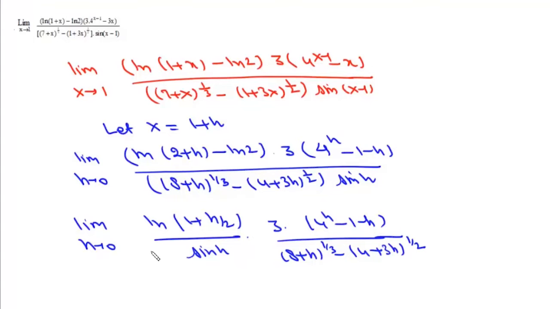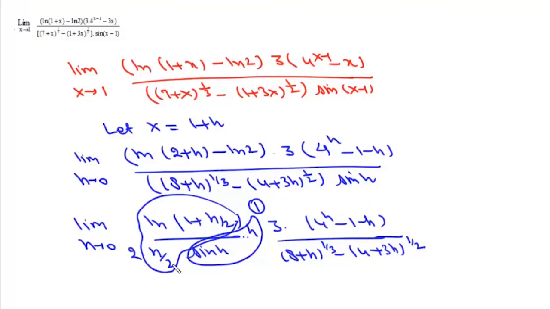Now here what we'll do is, we'll multiply and divide it with h. Now sin h upon h is 1, and here we'll also multiply and divide it with 2. So log(1 + h/2) upon h/2 will be 1. So now we are left with